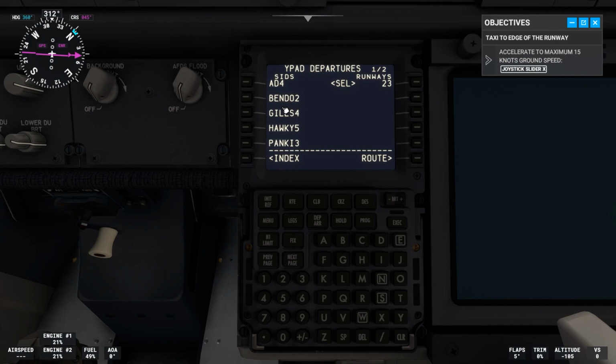It's just a way to get us out of the airport. Okay, so we'll select sedan. So to select sedan, we just click the next page button to go down until we see sedan. There it is, and now we press the L1 button to enter it in. Okay, and now once we enter it in, we press the R6 button for route or whatever,